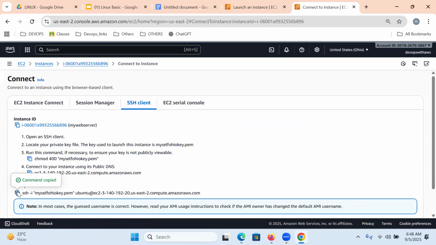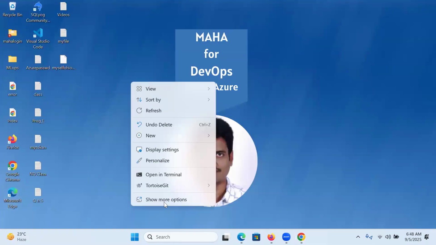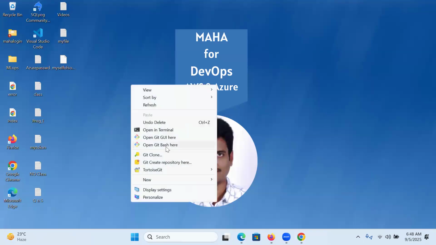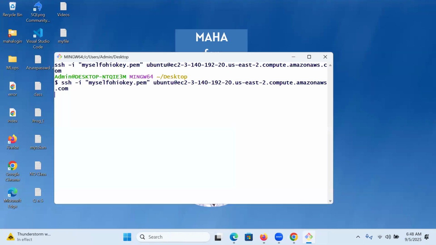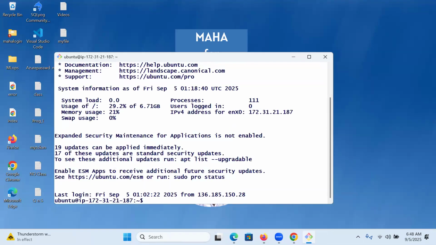Copy the SSH connection, where the PEM file is located. Open Git Bash and paste your SSH connection.